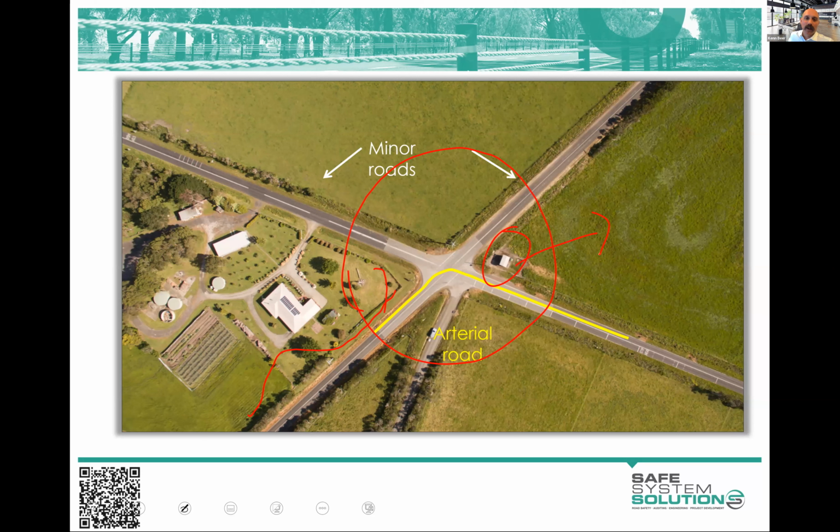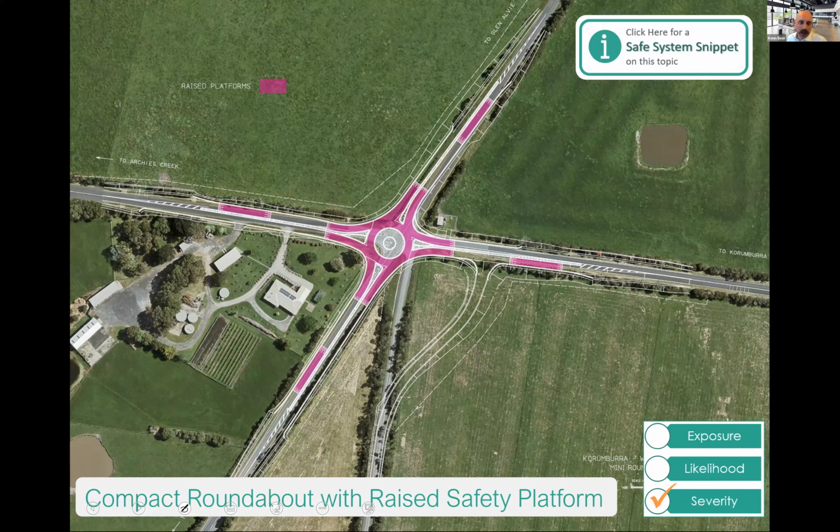But so they then looked at the usual: well, we'll put a right turn lane in, and maybe some active warning signs and the like. All these likelihood reducing ideas, and then they say, well, okay, we're going to reduce it by 20% or whatever it is. But how do we get close to elimination of death and serious injury at this location in the future? It's really re-examining how we think about reducing speeds and improving angles on the approach to intersections. This one, they went with the compact roundabout.